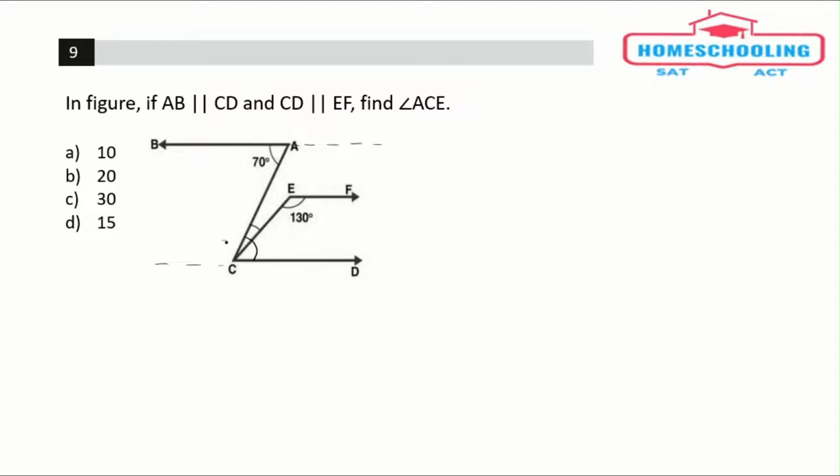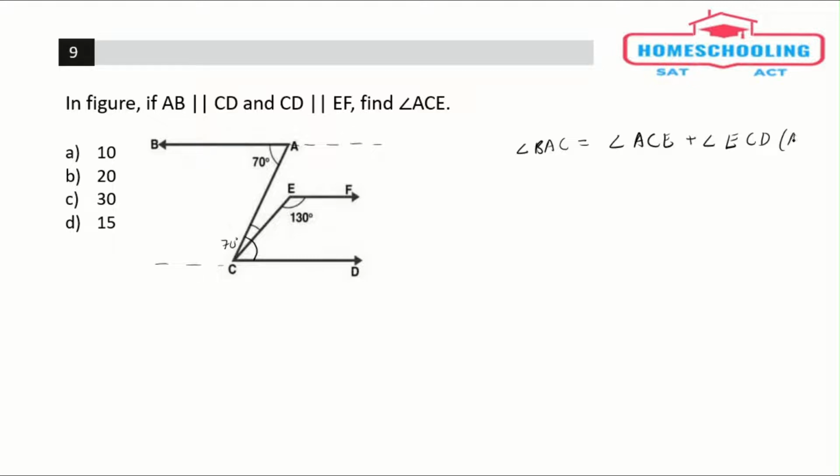The whole angle would be 70. So we can say that angle BAC is equal to angle ACE plus angle ECD,